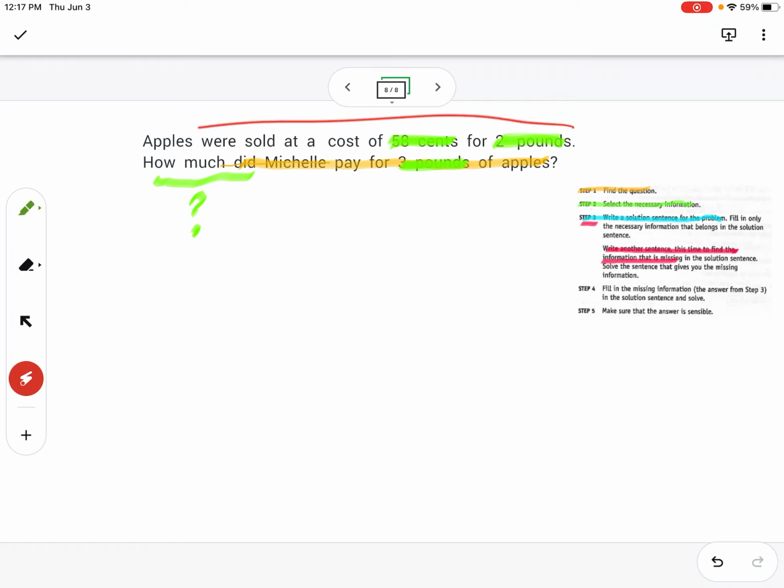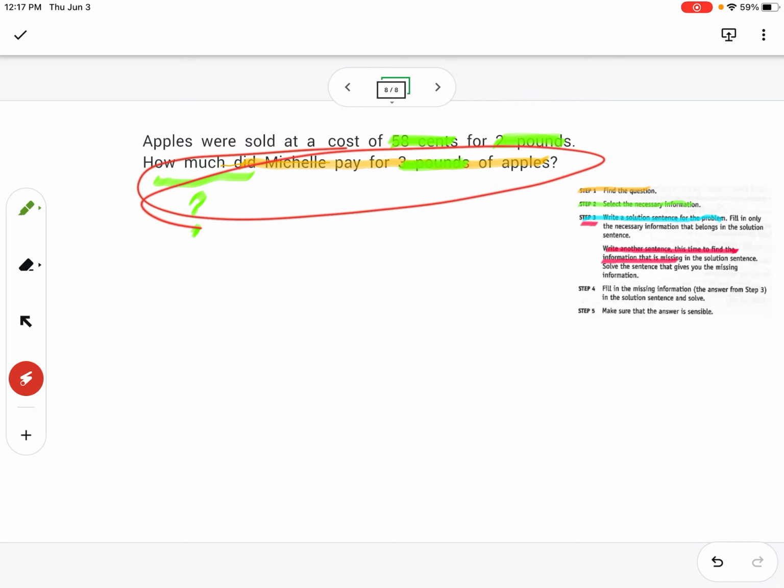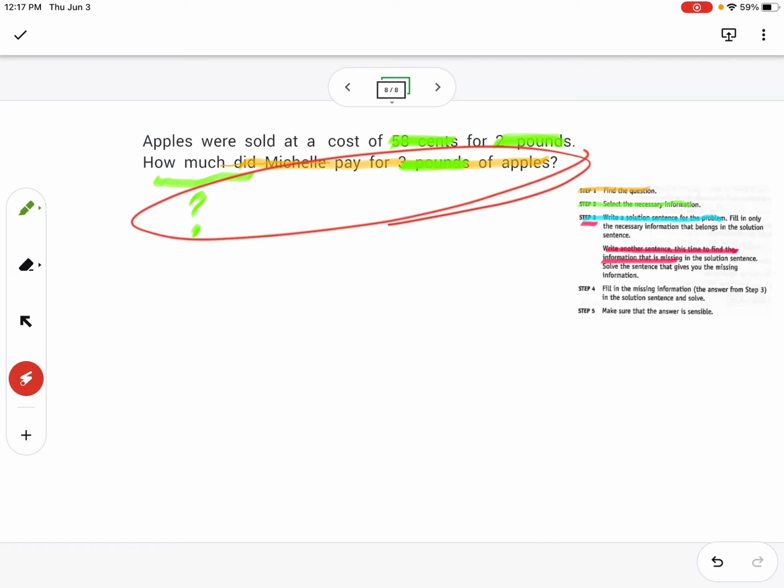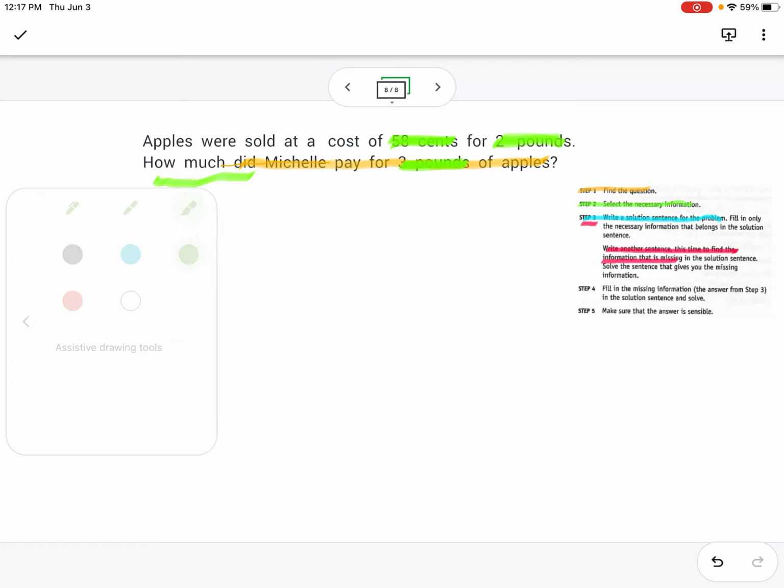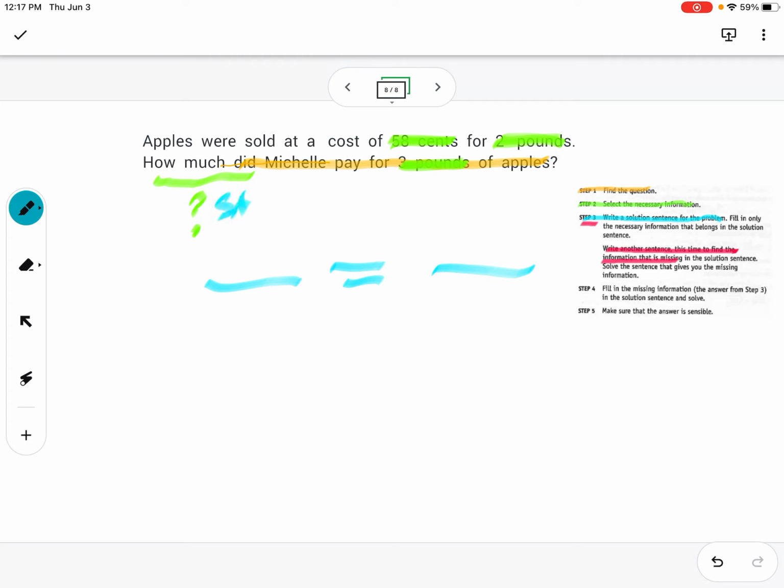We've got a situation A, the regular cost for 2 pounds, and we've got a situation B, Michelle's cost for 3 pounds. So let's set up the proportion to solve this problem. The proportion is, remember, this is the bones of a proportion. It's going to have situation A and situation B. Situation A is going to have a ratio with something compared to something, and situation B is going to have that same something as this, different number, same idea, compared to the same thing that was being compared over here